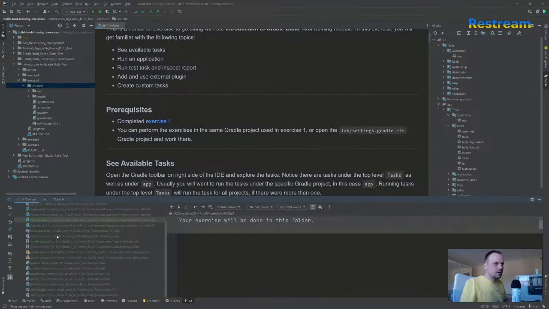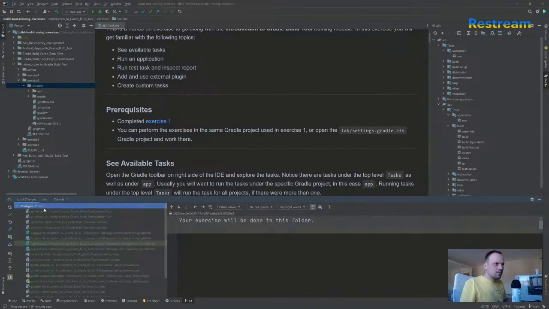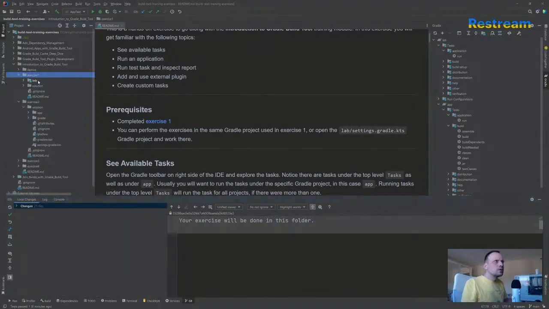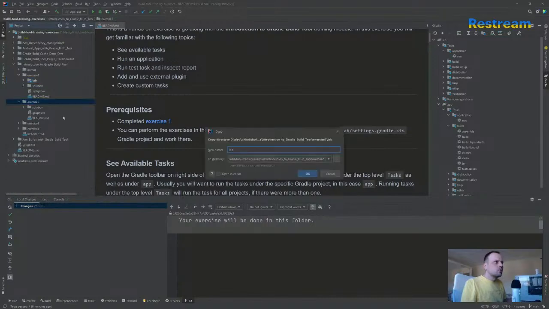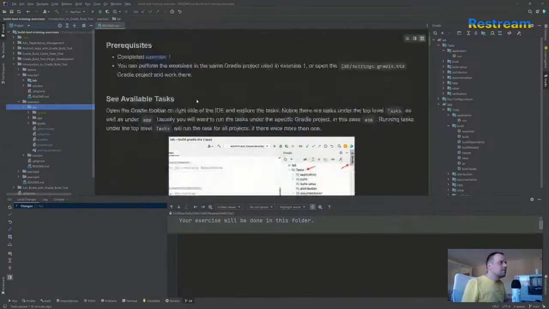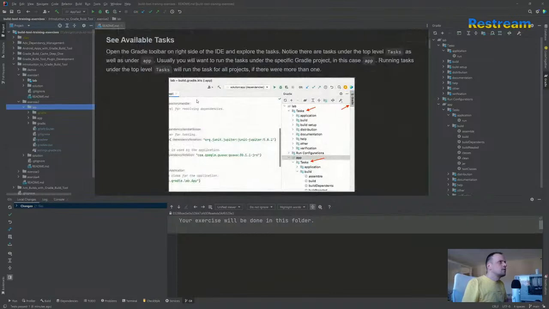Let's see. Yeah, maybe I shouldn't have deleted this one. But what we can do is take this lab and take it to exercise 2 and copy it, right? It's our lab, not something invented by somebody else. So now,